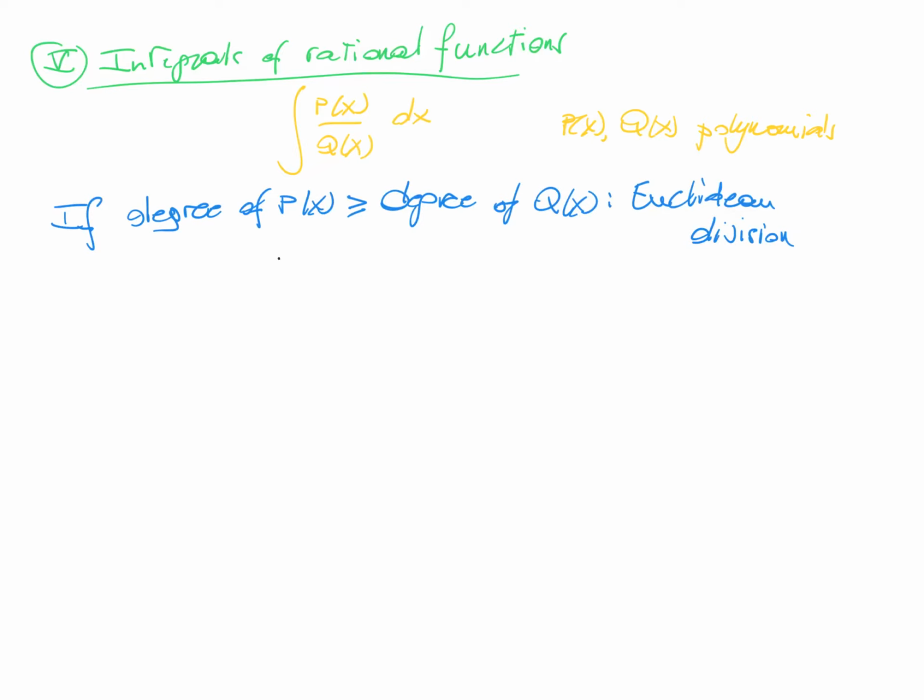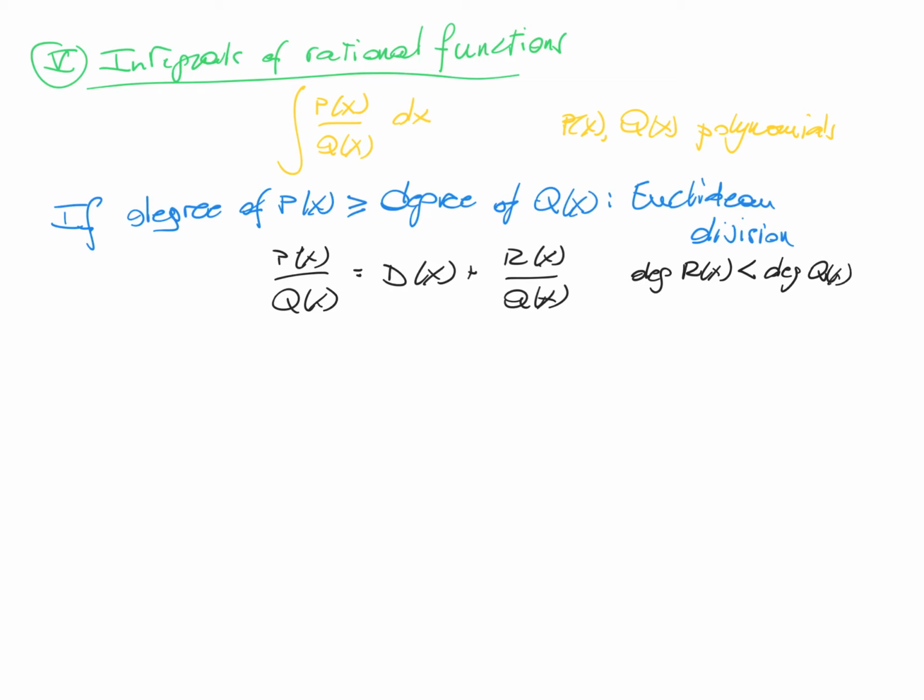So you first perform your division such that you can rewrite p(x) divided by q(x) as d(x) plus a remainder r(x) divided by q(x). And because of your division, the degree of r(x) will always be strictly smaller than the degree of q(x). Take, for example,